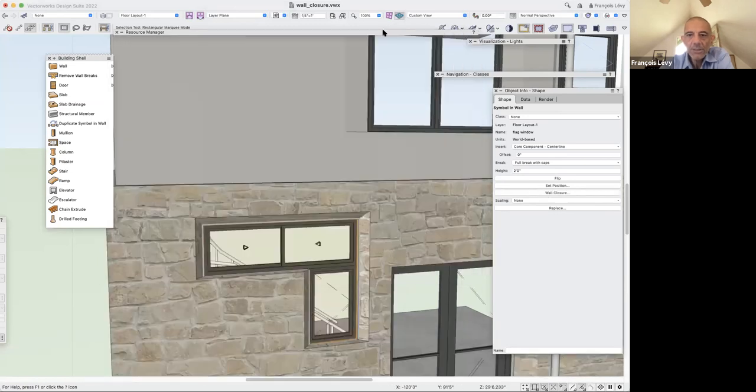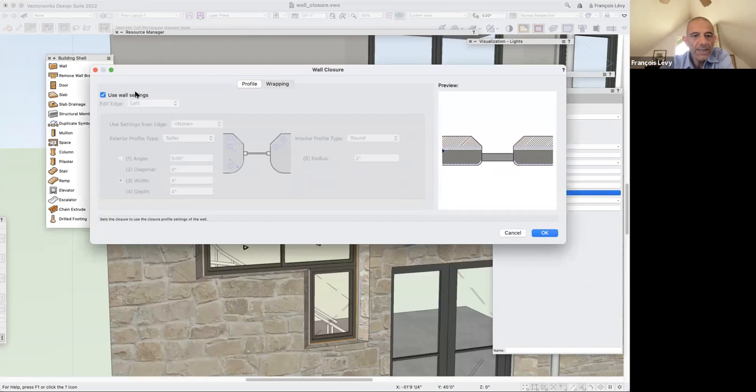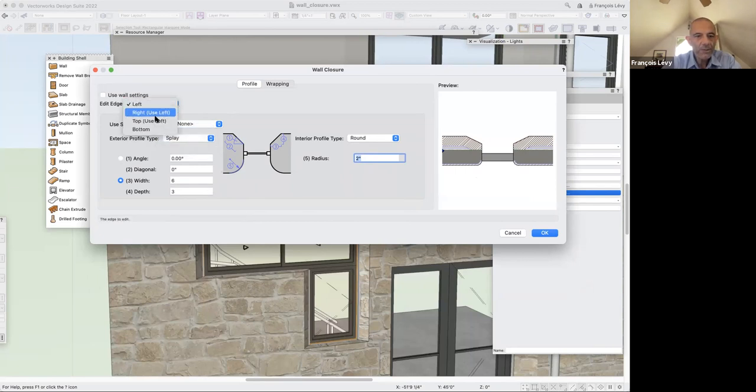Once I do that, the wall closure button appears. I can specify not wall settings, but individual settings. I'll do 6 inches and 3 inches, corner radius, and then that's left, right uses left, top uses